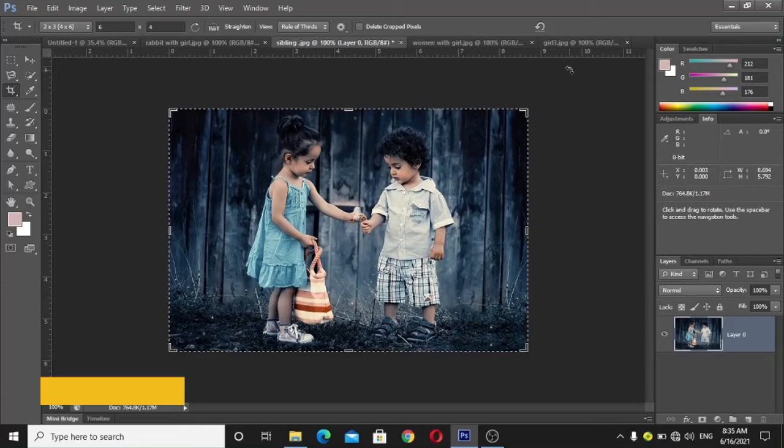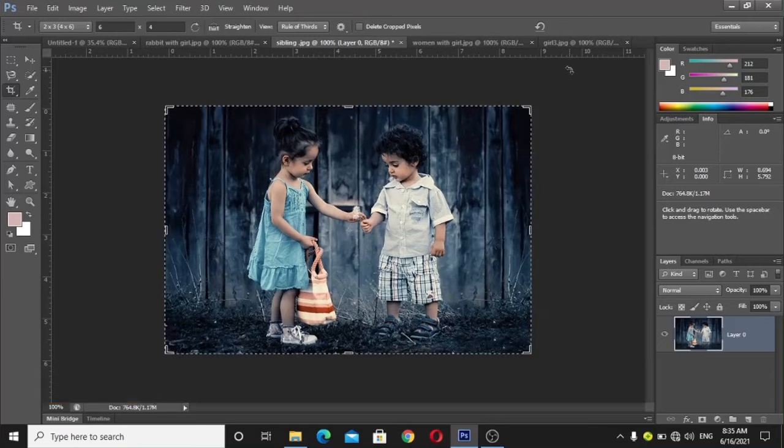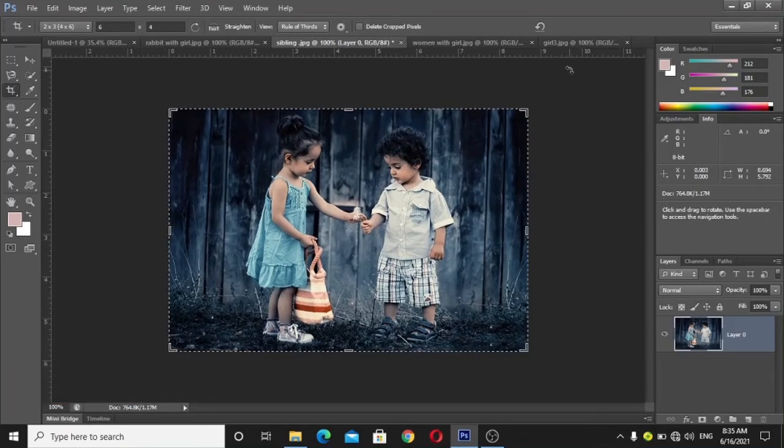Here I can make this picture more straightened like this. You can see the difference before and after. Straighten tool straightens the picture for us, so we can easily manage the pictures more accurately and we can remove the tilt or rotate in our pictures. This option is very useful for us.